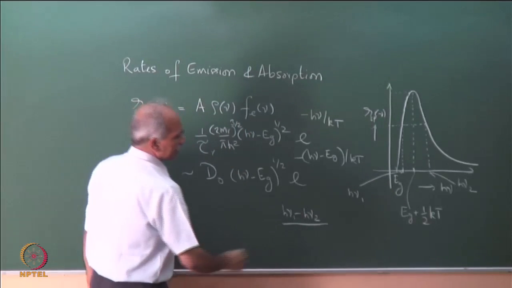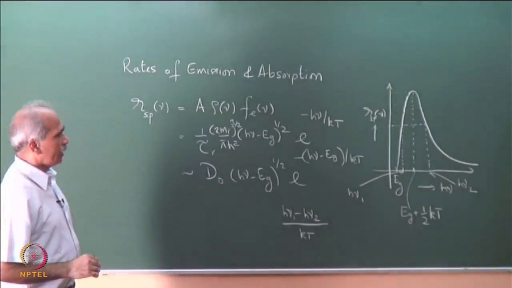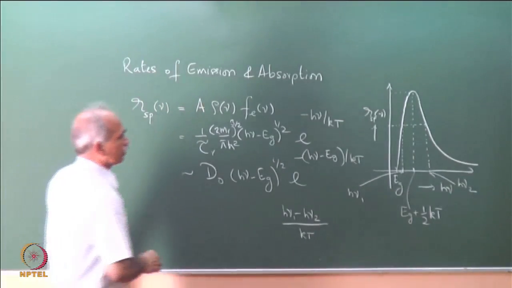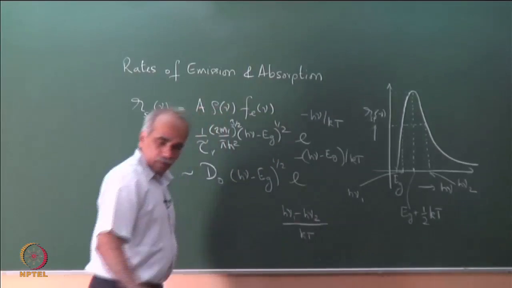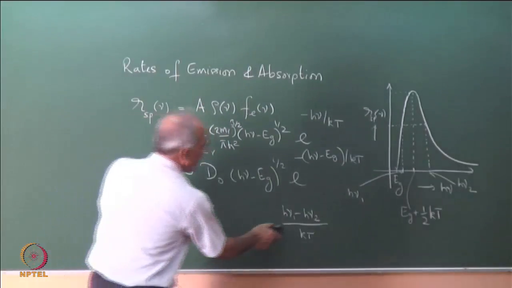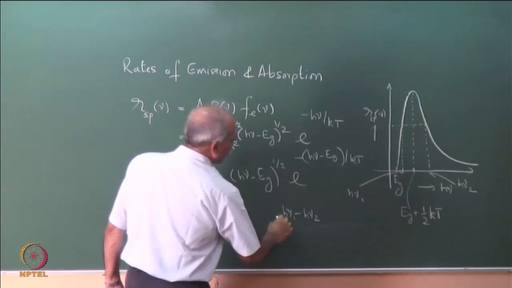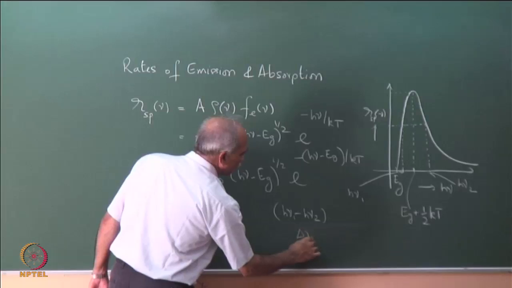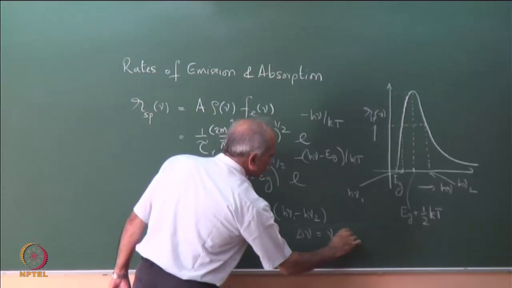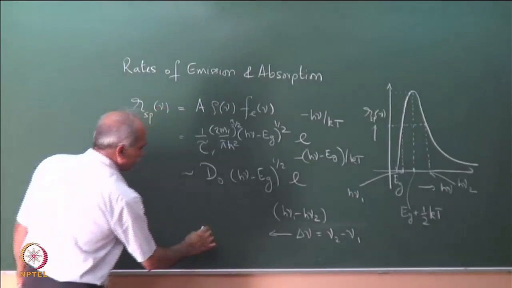h nu 1 minus h nu 2 by kT. So this is h nu. All right, I have written that just as h nu. So h nu 1 minus h nu 2, and therefore from this we can find delta nu equal to nu 2 minus nu 1, and once you know delta nu, you can find delta lambda,